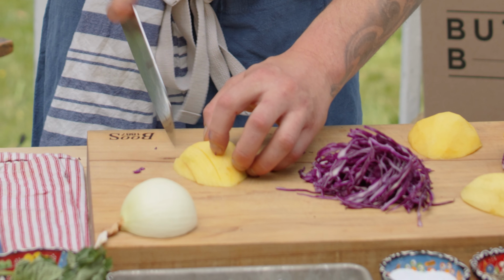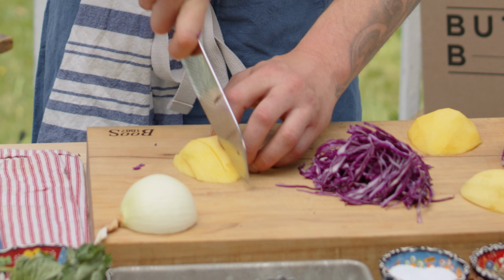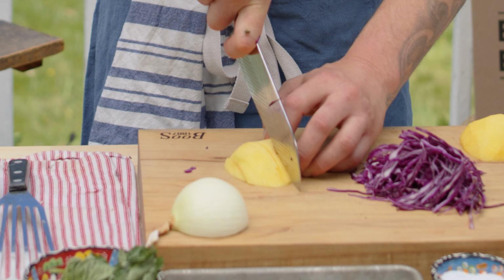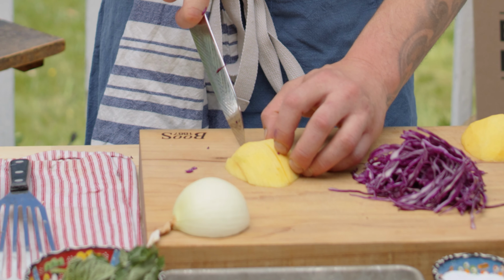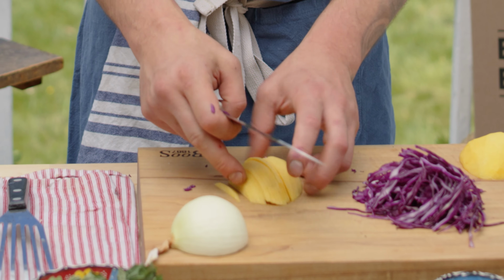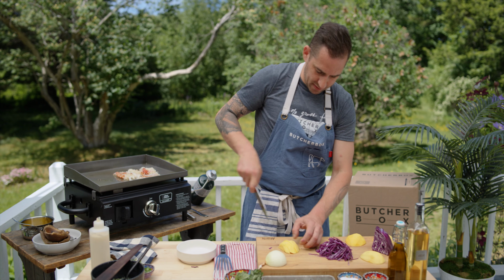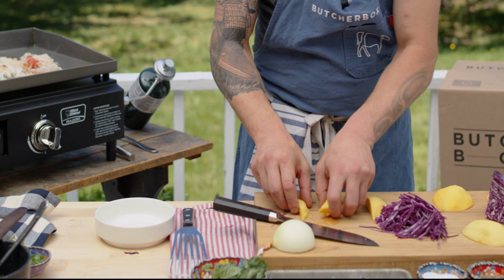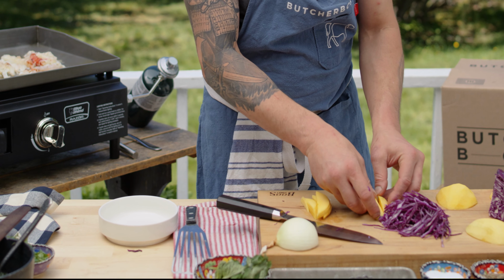And one tip when you're slicing something that can tend to stick to the knife is if you angle the blade upwards so that the point of the knife is on the cutting board and drag it through, you tend not to have the side of the fruit or a potato or anything like that stick to the side of the knife. And then I'll take these, flip them over, make myself easy to work with little piles, very stackable,